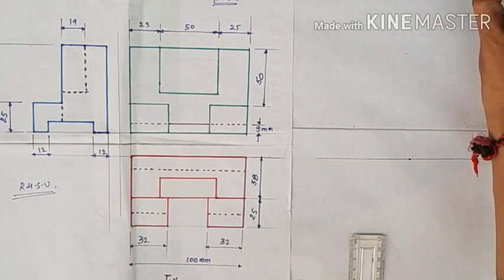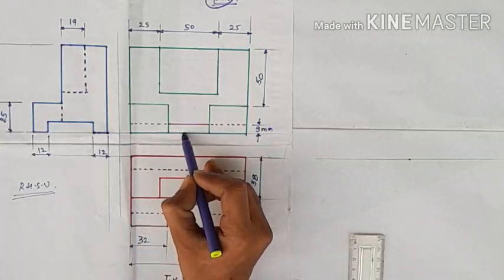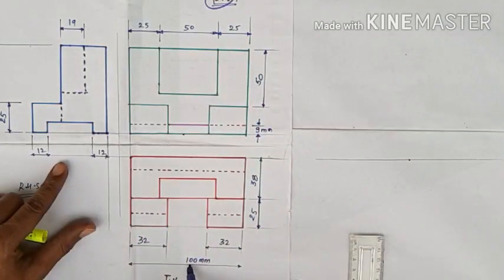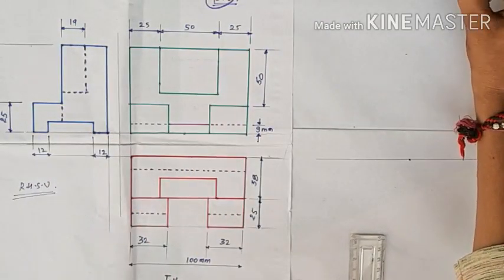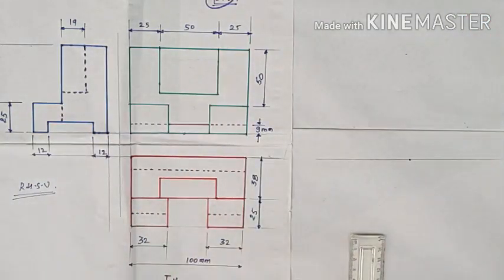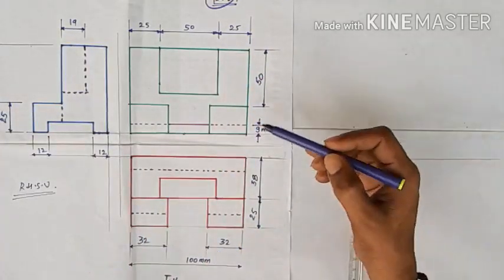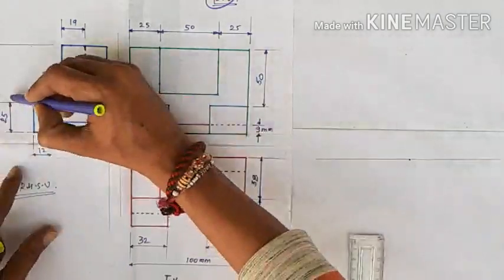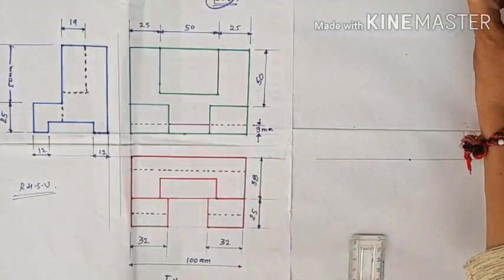So what is length? Here you have all seen this is the front view and this is the top view. This line and this line are the length. The total length is 100 mm, that is 50, 25, 25. And what about the height? Height is seen from the side view and the front view. Here this is 25 and this was 50, again I put 50 mm. So the total height is 75 mm.